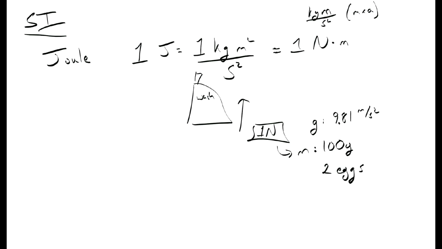Okay, that's what a joule is. A joule is actually a very small amount of force, because eggs are tiny and gravity is weak. When it comes to chemical reactions and stuff, they release hundreds of thousands of joules of energy for just a few grams of chemical reactant. So a joule is actually very, very small, but it's based upon the basic SI units,